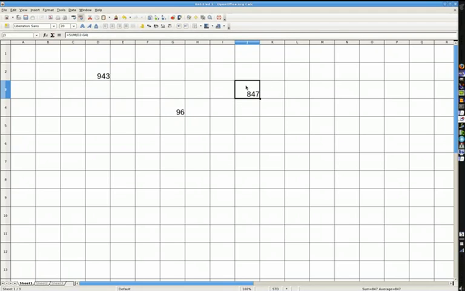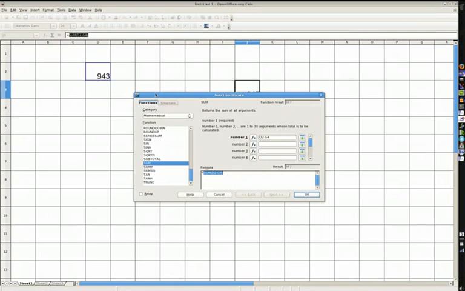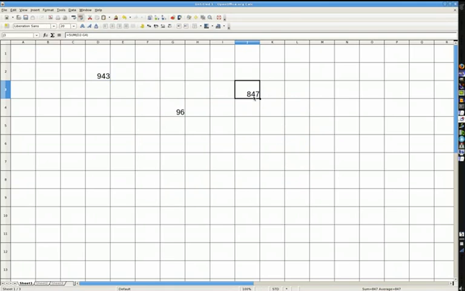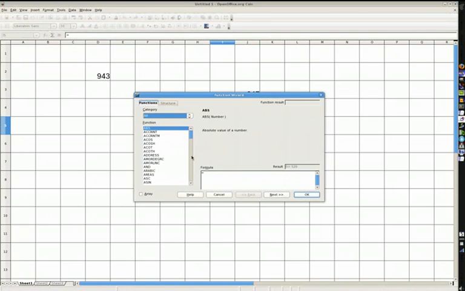Now, there's another way to go about this. If you're not that familiar with this, you can click this little icon right here, this little function wizard, and it'll open up a little thing. It's kind of a point and click way of doing the same thing. Before you do that, make sure you have the correct cell highlighted. For example, we want it in I5, so click I5, click your function wizard,